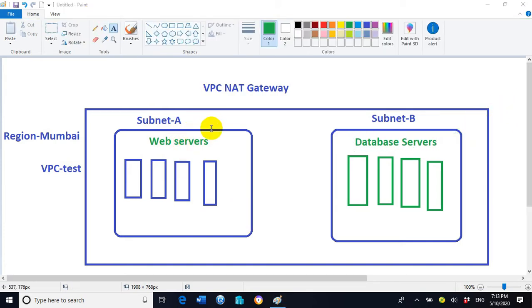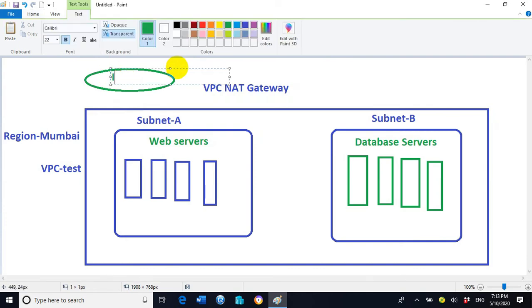Now if we connect one component with the name Internet Gateway, so let's draw a diagram of Internet Gateway. In short, we are calling Internet Gateway as IGW.